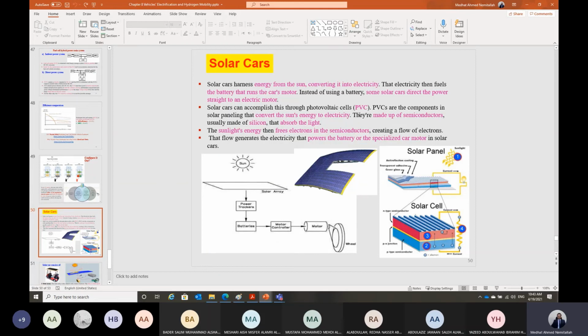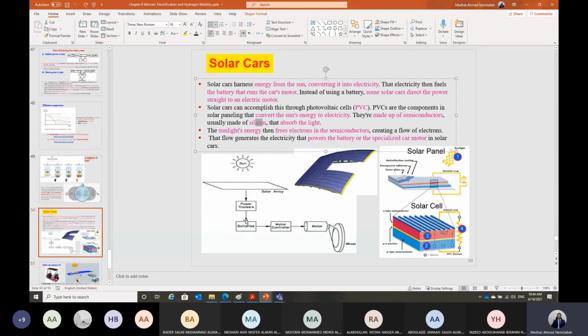In this case we have to have photovoltaic cells. A photovoltaic cell consists of some semiconductor, most probably silicon. When the sunlight comes onto this photovoltaic cell, it can free the electrons in the semiconductor material and release a flow of electrons. We can take this flow of electrons and provide it to a battery, and then this battery, through a controller, can drive an electric motor to drive the wheel of the car. The flow to the battery has to be controlled also by what we call the power tracker, which